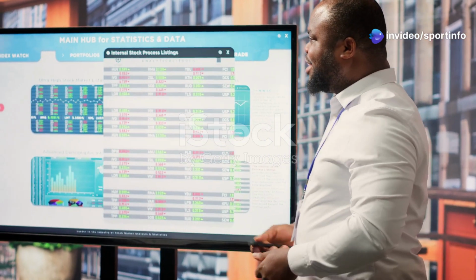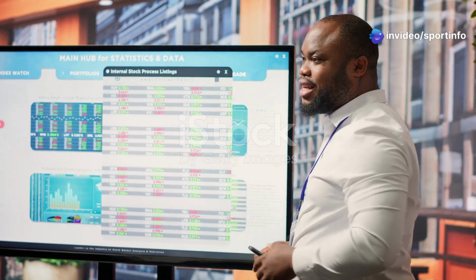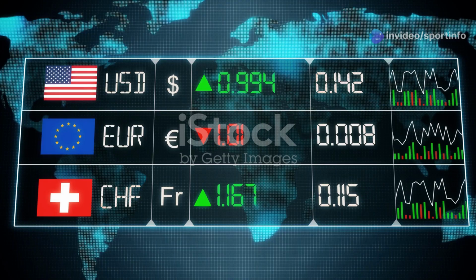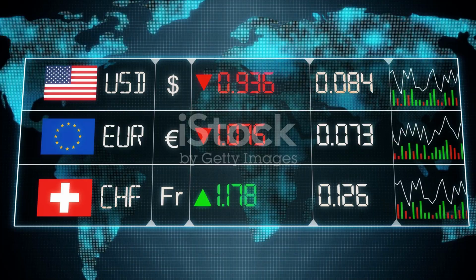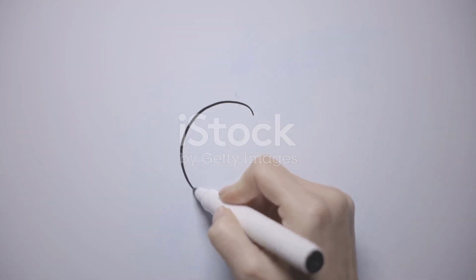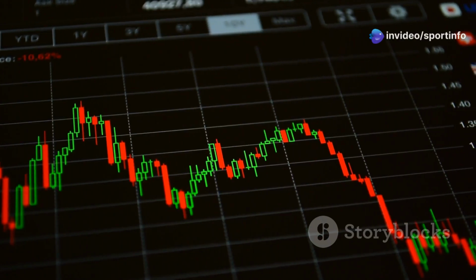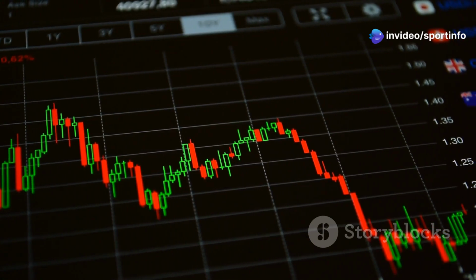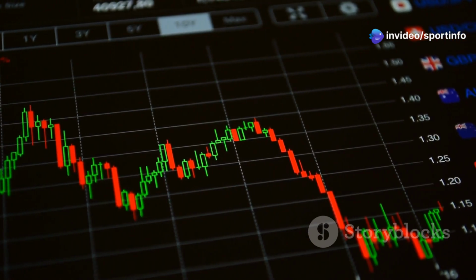Now let's talk about something called purchasing power parity, or PPP for short. It's a way to compare the value of different currencies. Imagine a Big Mac costs $5 in the US and €4 in Europe. PPP says that the exchange rate should be $1 for 0.8 euros, so the burger costs the same in both